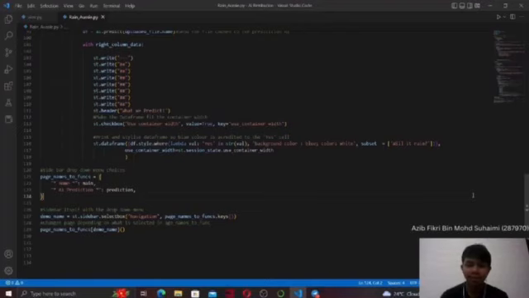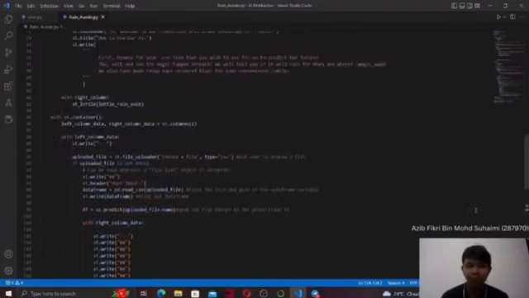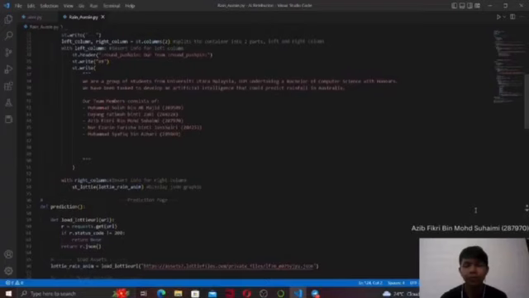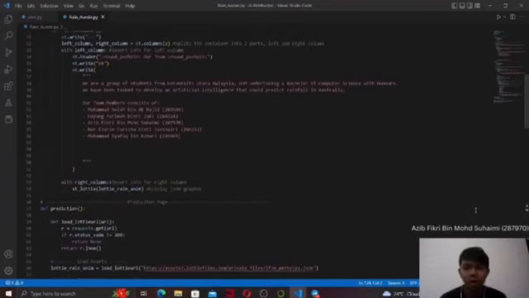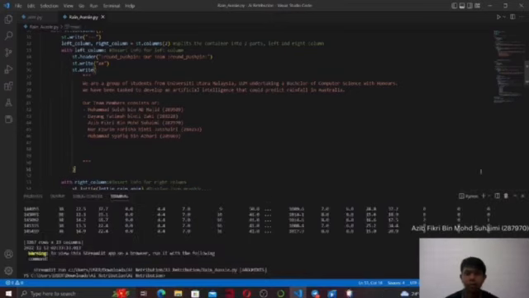Hi, my name is Azib with Suhaimi. So right now I will be showing you how our GUI works. Before we get into that, I will run the code first. Alright, after we run the code,